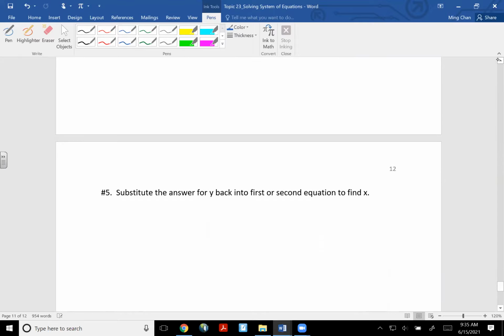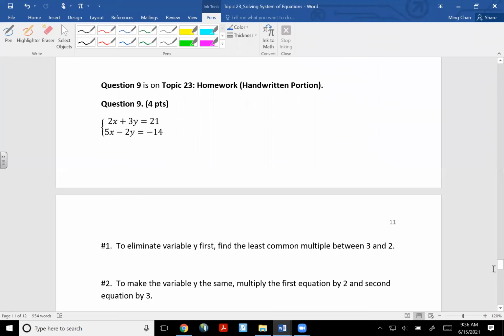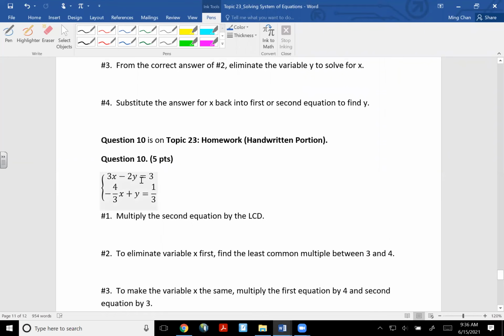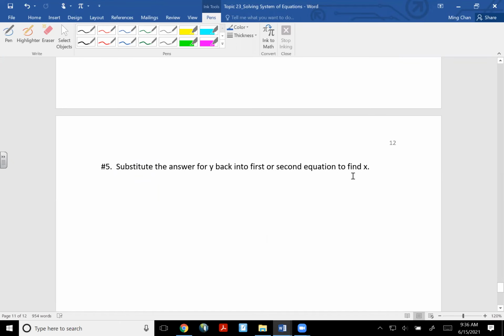So I kind of guide you step by step on how to find each variable. Once you solve for y, substitute the answer for y back into the first or second equation. I would suggest going back to the first equation; it looks a little bit easier to find your variable x. So just real quick,